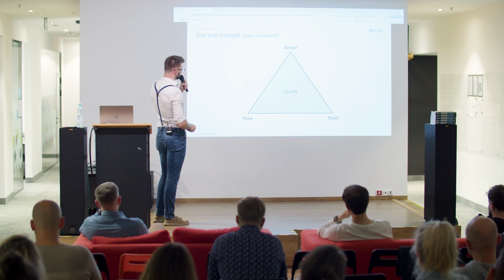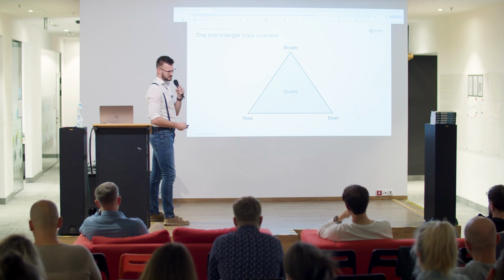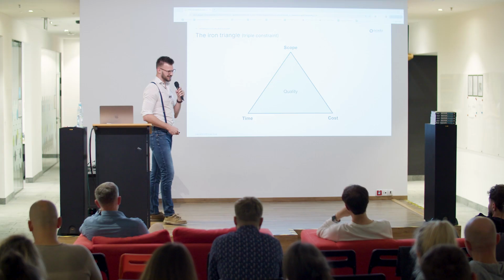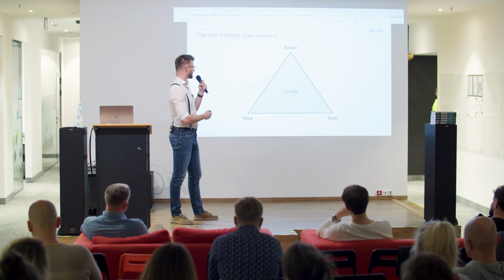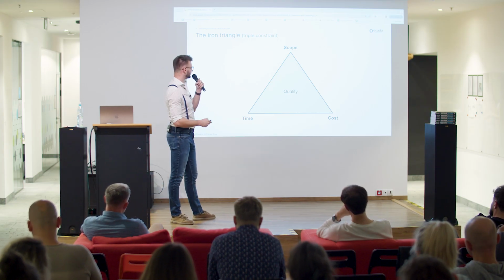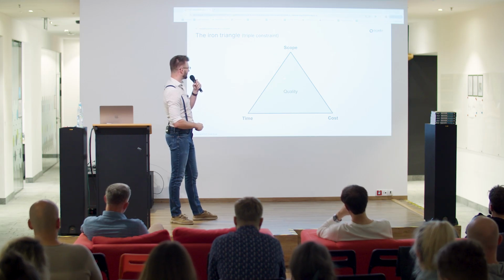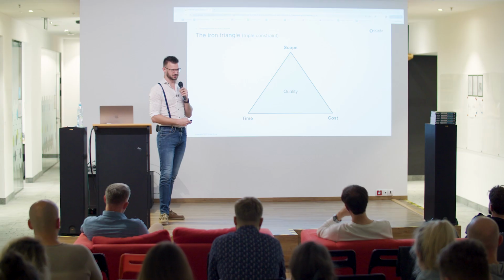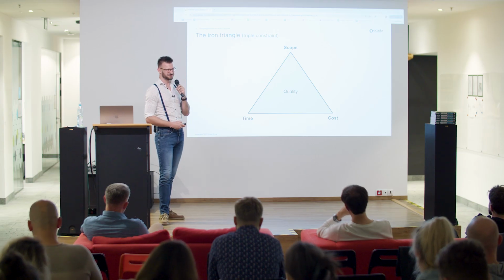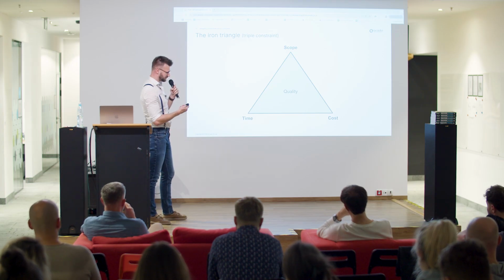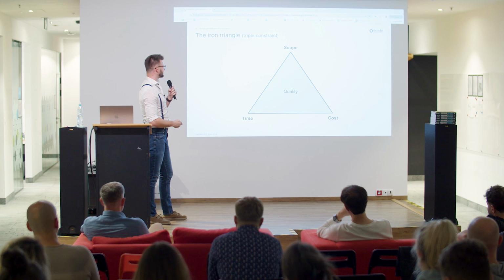The dynamic between the scope and the quality. This is the topic that I will talk about today, because there are many combinations of those changes of this triangle. But today I will focus on the dependency between the scope and the quality in particular, because from an engineering perspective, this is something where there is usually a battle between the scope and the quality. So let's take a look at it.